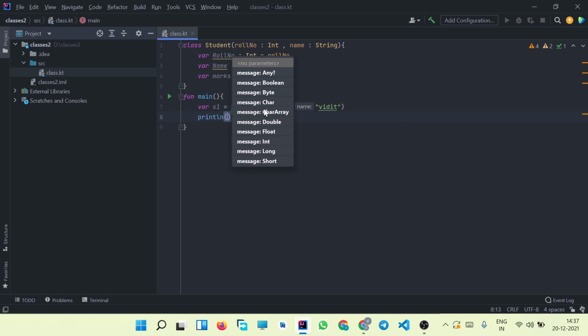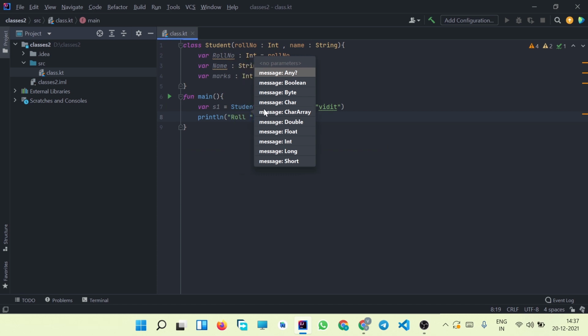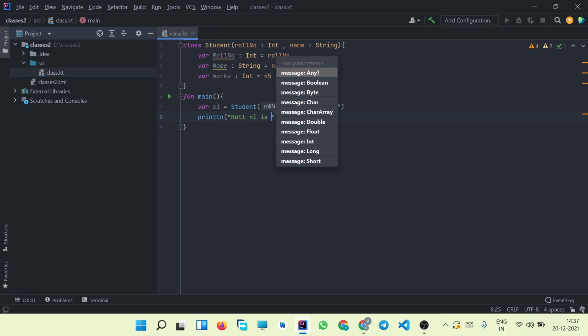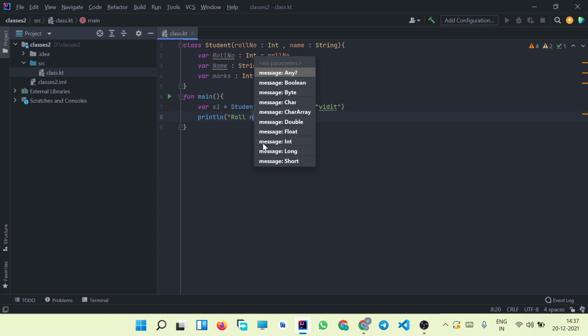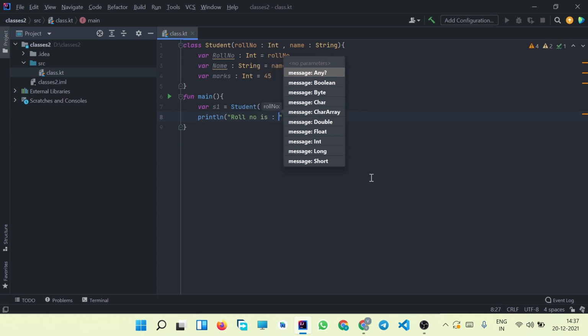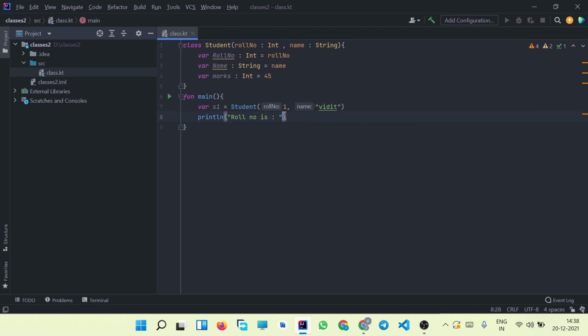So now let us try to print all the attributes in the main function. So the string will be "roll number is", and to bind this string with the value that we want to print, we use a plus operator.